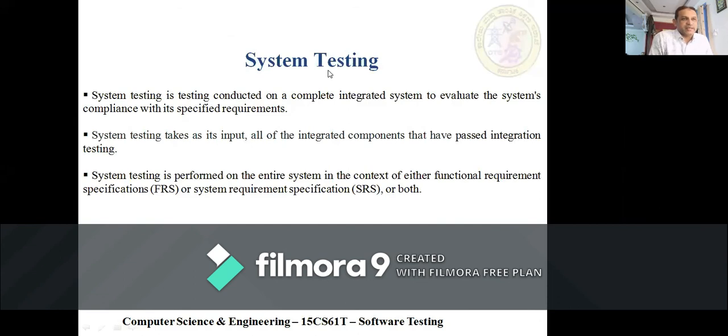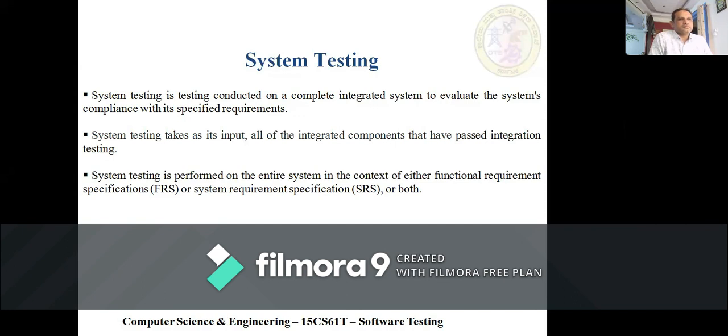What do you mean by system testing? System testing is testing conducted on a complete integrated system to evaluate the system's compliance with its specified requirements. It takes as its input all of the integrated components that have passed integration testing.